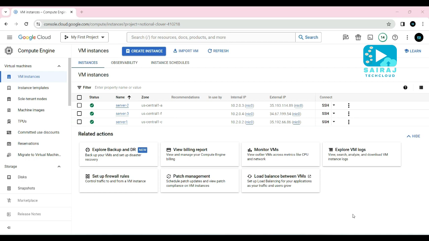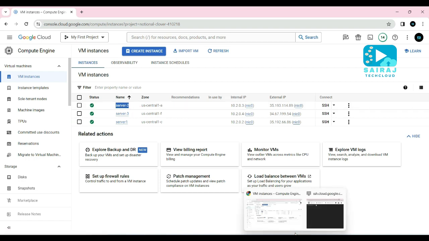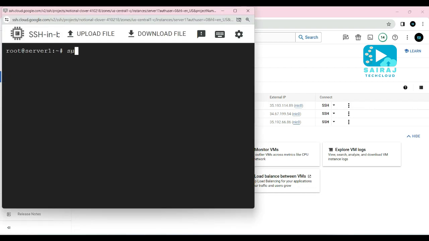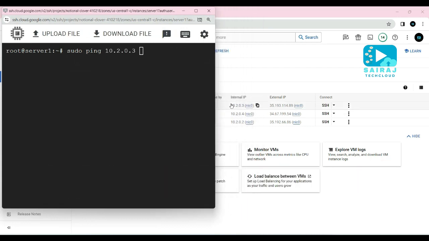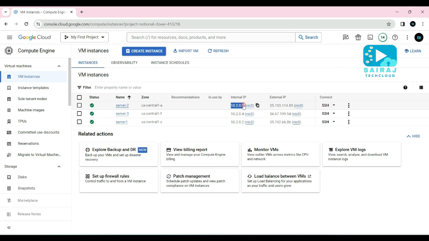Guys, now I'll guide you. Can server 1 communicate directly with server 2? First of all, guys, you can copy the internal IP for server 2, as you can see here. Then ping from server 1. As you can see here, guys, this is server 2 and this is the server 2 internal IP here.